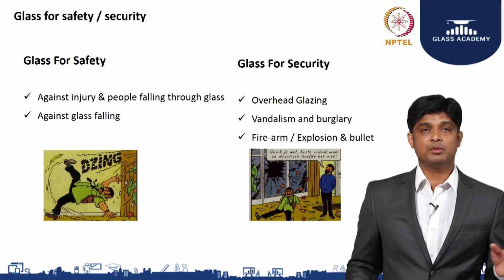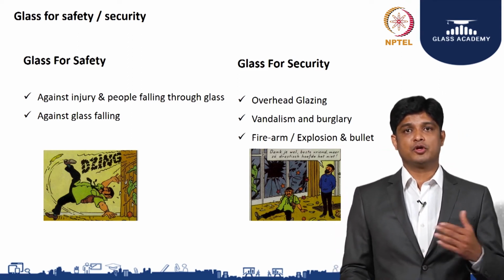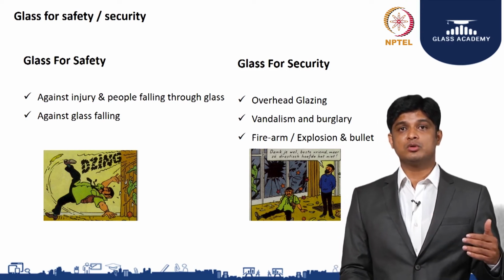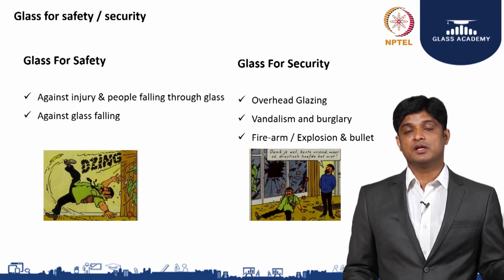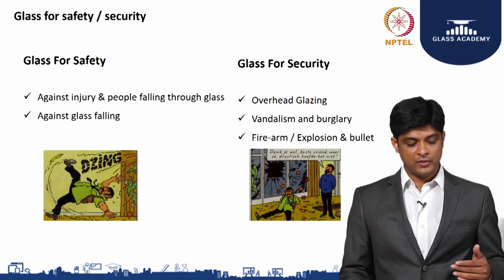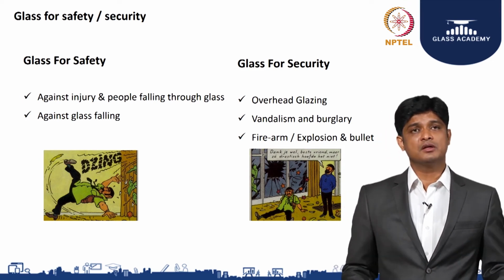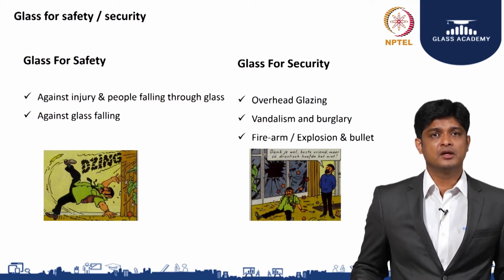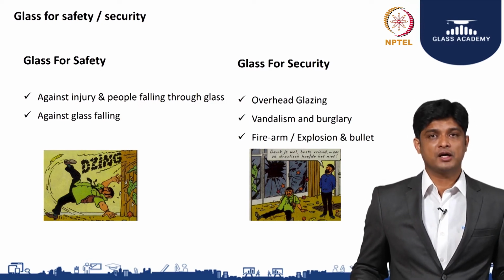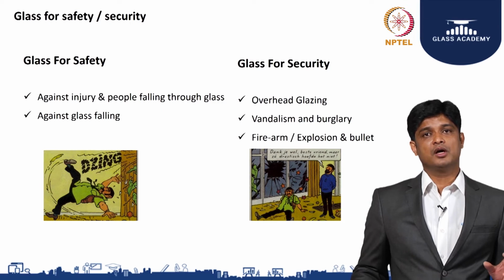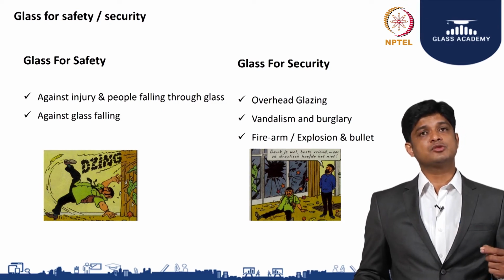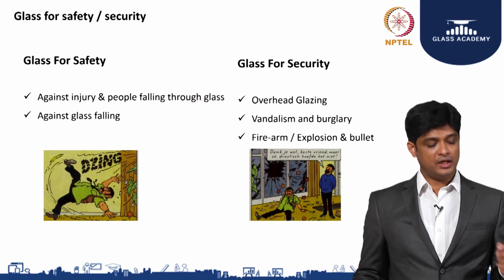Why is it important? Because there is a chance of human beings impacting or reaching the glass at any point of time when the building envelopes are with glass. So there are codes like IS 16231, launched in 2016, which has part 1 to part 4, which clearly, in a very detailed manner, helps us to understand based on the critical locations.